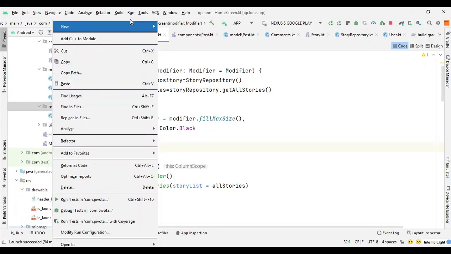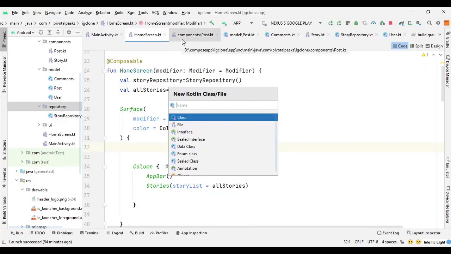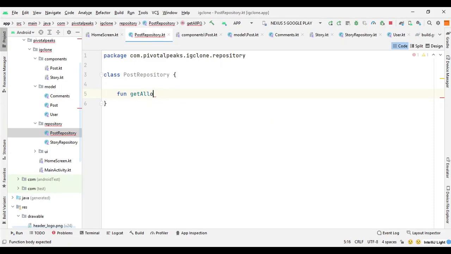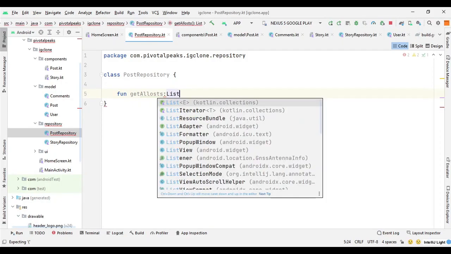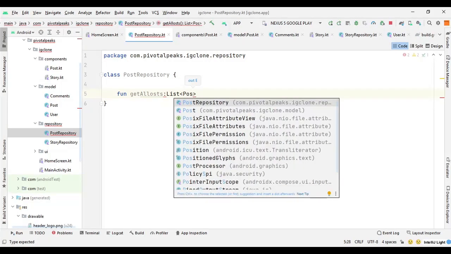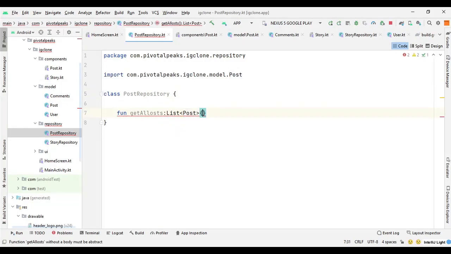So here in the repository we can say Kotlin class, and we will say PostRepository, and in this class we will just create a function to get all posts, which is going to be of type List, and then we need to provide the data class, so Post, and we can open the curly braces.